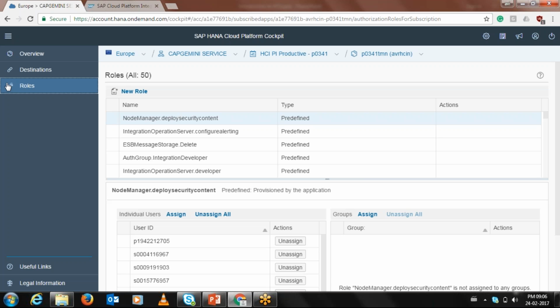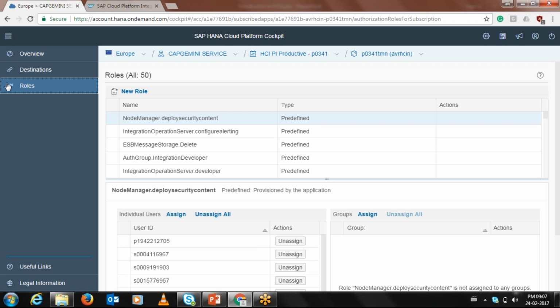Here, these predefined roles show whom we can provide them to. These are shown in front of you. You can see there are different things. There is one integration operation server configuration alerting role. You have the node manager deploying security content.